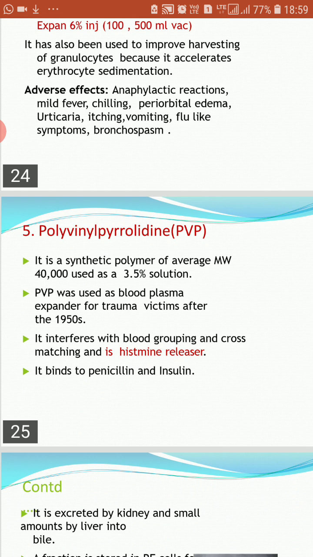Next is polyvinyl pyrrolidine. It is less commonly used. A 3.5% solution is available. It was used for trauma victims after the 1950s. Disadvantages: it interferes with blood grouping and cross matching and is a histamine